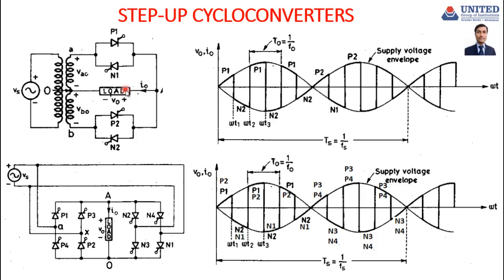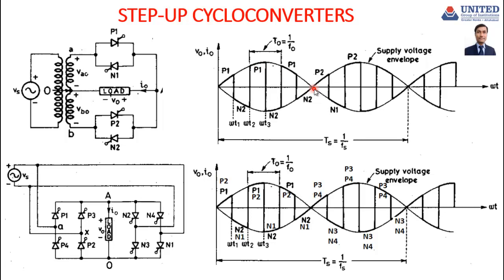Now the load or output voltage traces the negative envelope of the supply voltage. At omega t is equal to omega t2, N2 is force commutated and P1 is turned on, and the load voltage is now positive and follows the positive envelope of the supply voltage. At omega t is equal to pi,